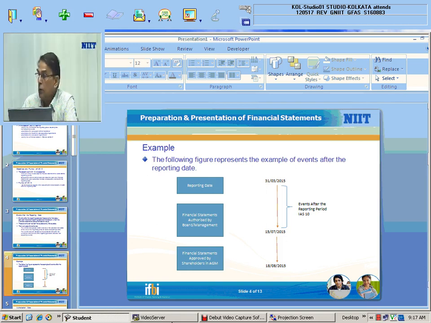Slide number 3. Okay, I'll go back to slide 3. Just a minute. Let me finish with slide number 4, and then I go back to slide 3, because slide 4 is basically an illustration of slide 3 regarding what we consider as events after reporting date. So let me finish it. Okay. So if the reporting date is 31/3/2015 and the entity starts preparation of the financial statement, gets it audited,